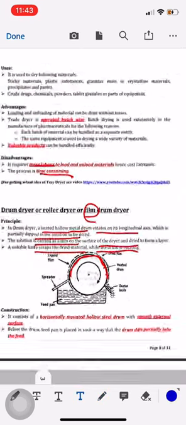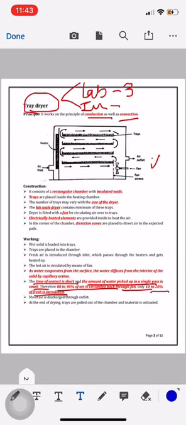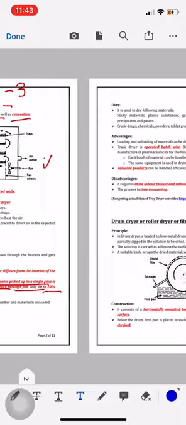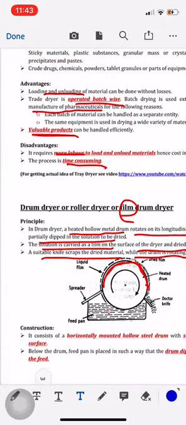So in today's lecture we studied about tray dryer and drum dryer. Now I guess it is very clear to you. The notes will be provided to you. If you have any doubts, you can ask me,